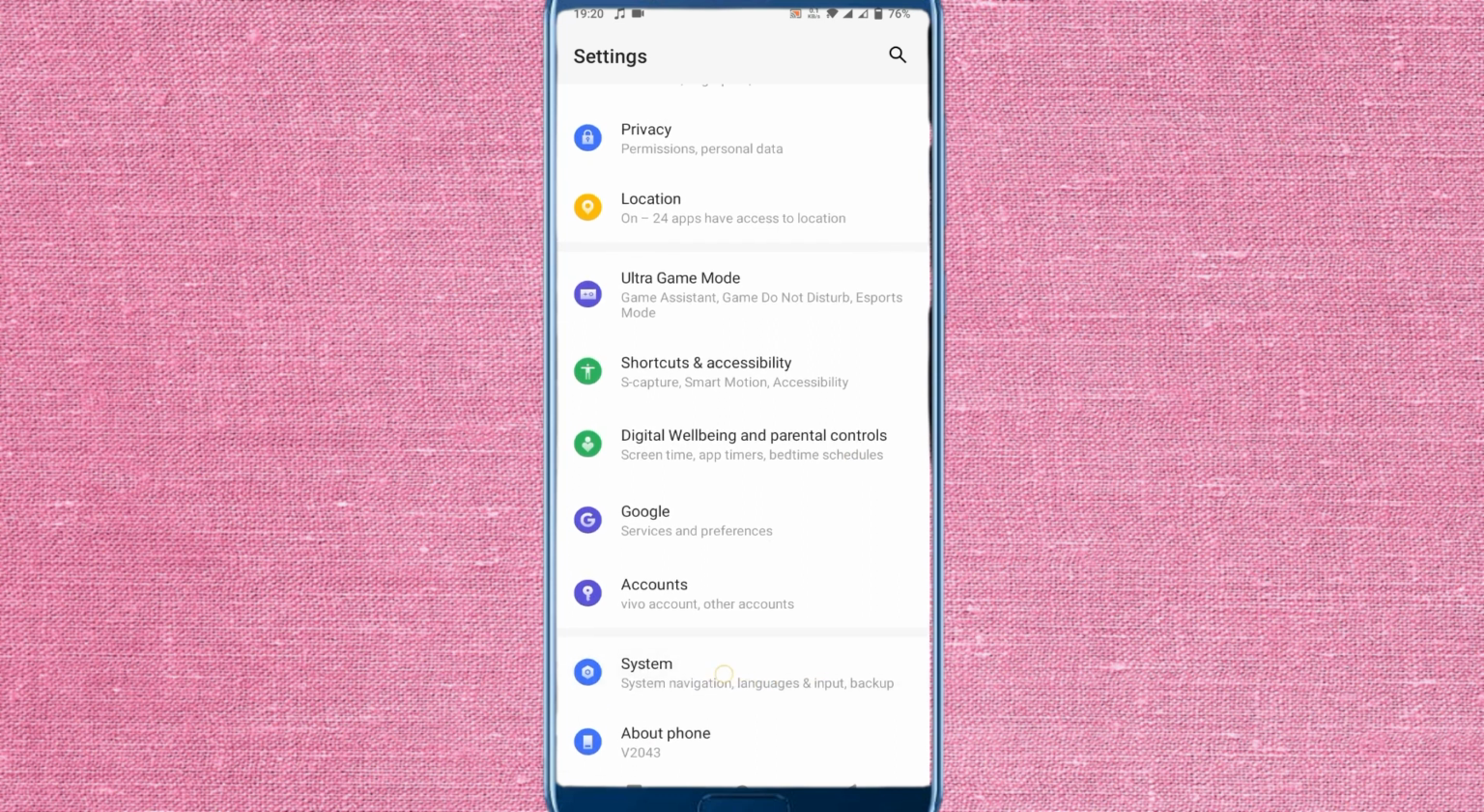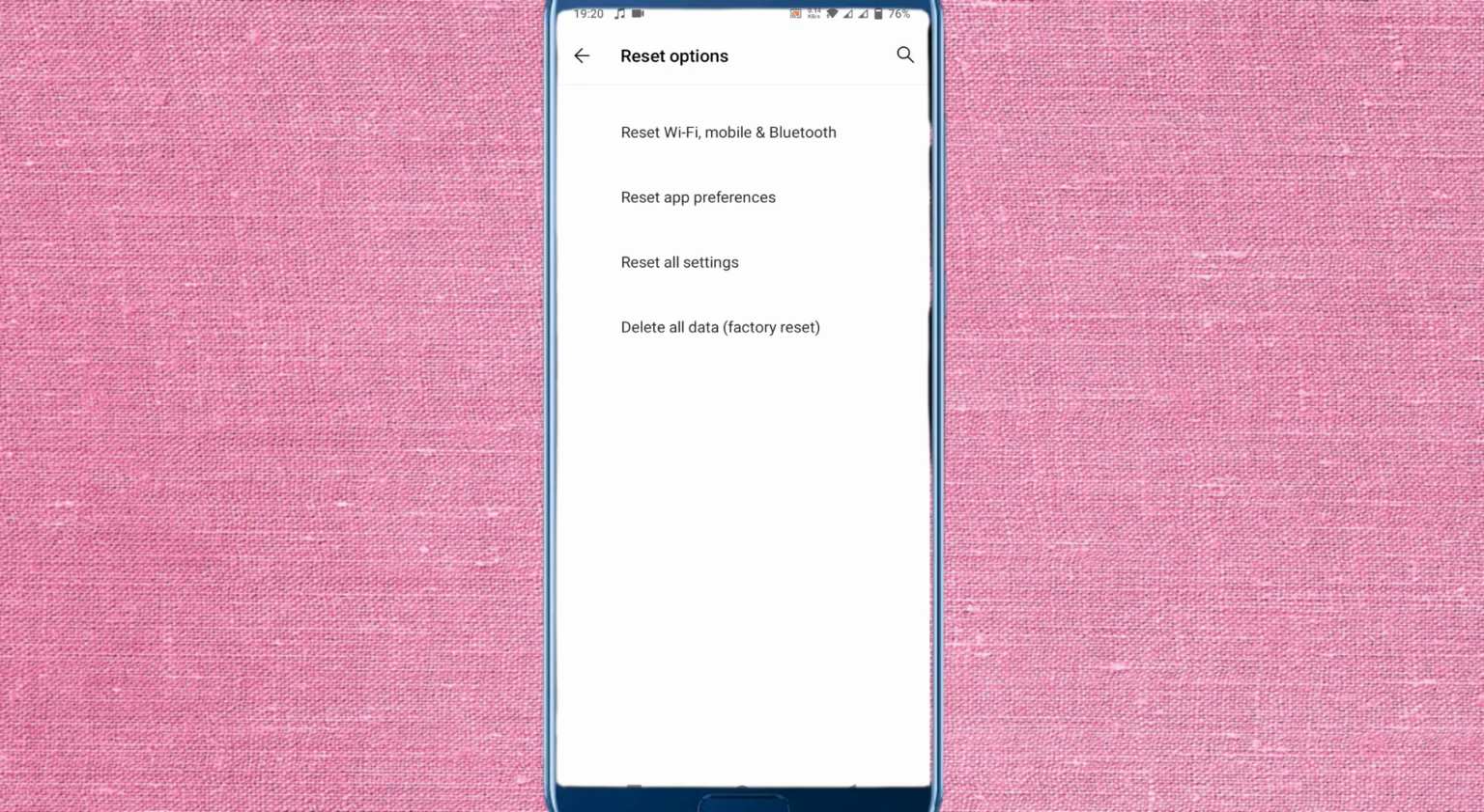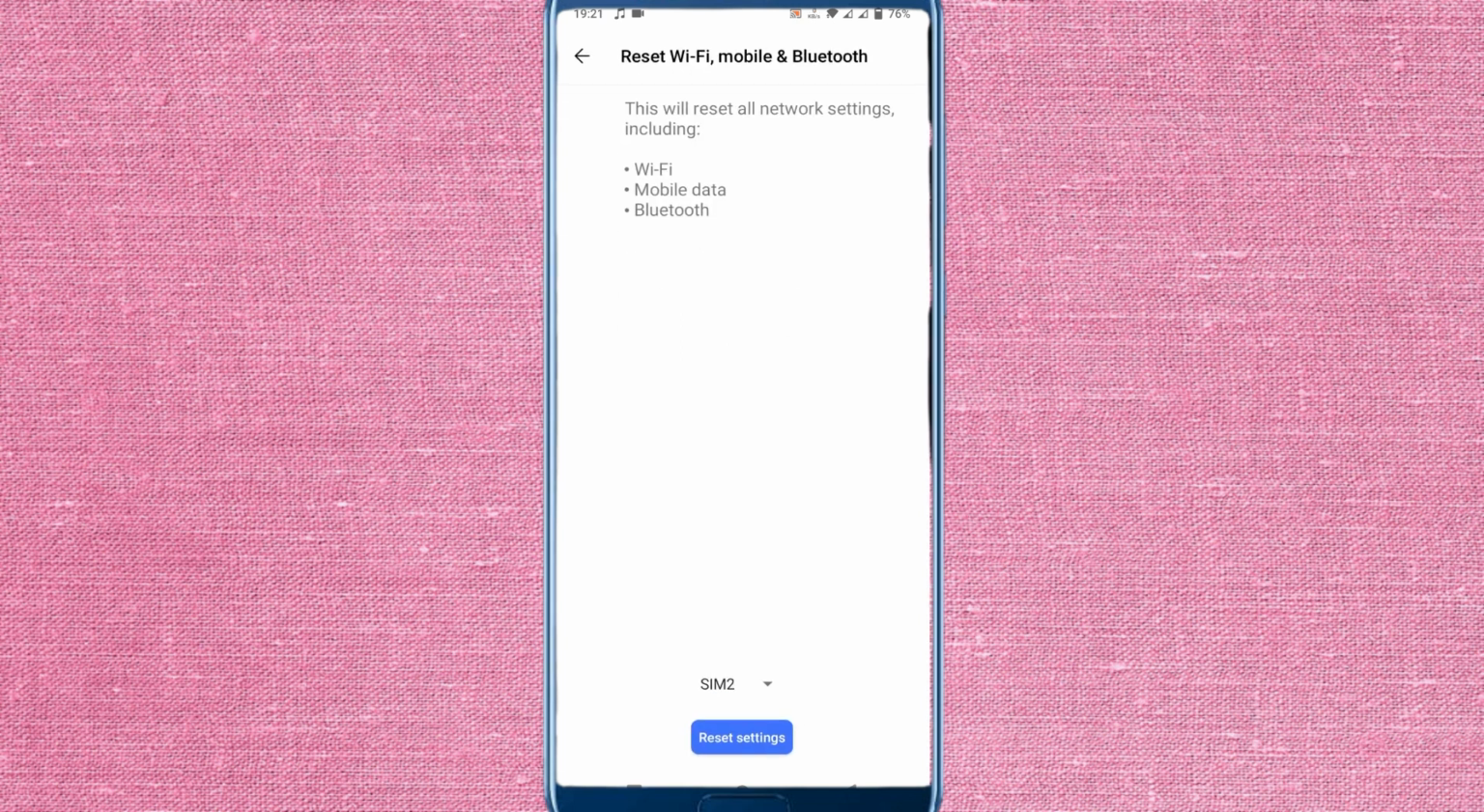After doing this, go back, scroll down and click on system. Here is the option of system. Click here, click on reset options, click on reset Wi-Fi, mobile and Bluetooth. Click here and click on reset settings. After doing this, your problem will be fixed. So if not fixed, then